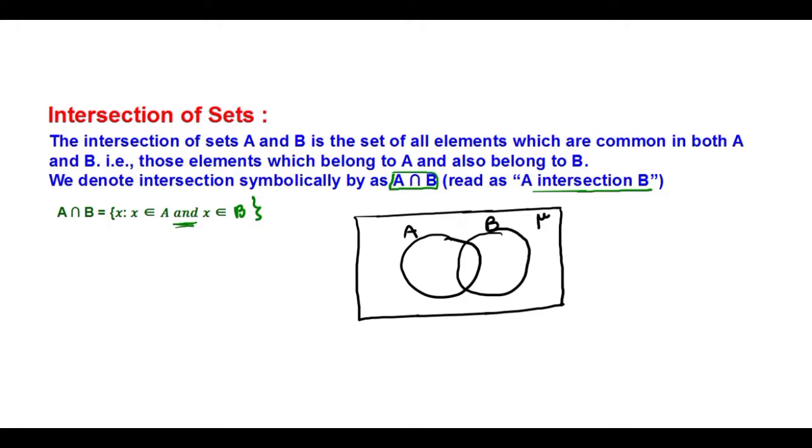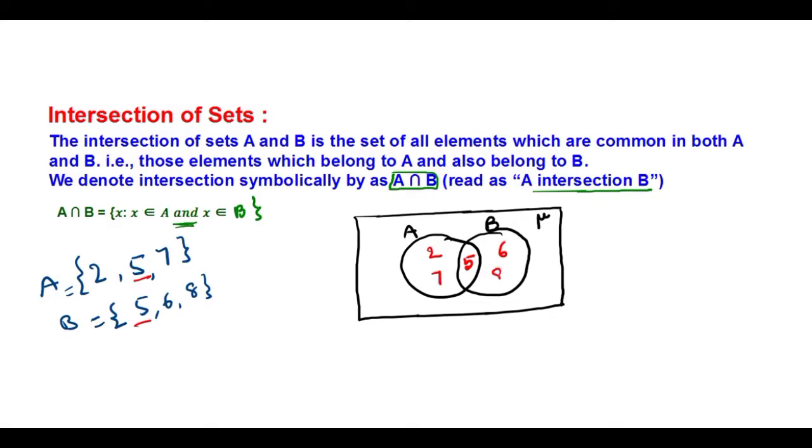In this, I will take the same example or some different example now. Just I'm going to take 2, 5, 7. This is set A. And for set B I'm going to take 5, 6, 8. First you have to focus on what is common in both: 5. It should be written in the middle part, because this middle part belongs to both set A and set B. That's why I have written 5 there, and here 2, 7 from set A, and from set B we have the remaining elements 6 and 8. This is the Venn diagram of A intersection B.